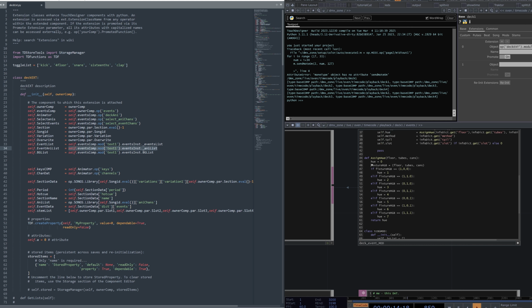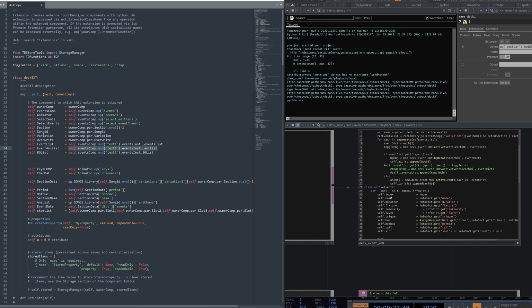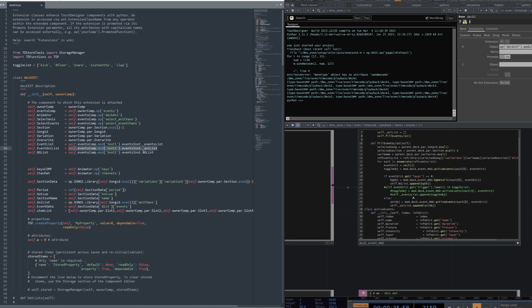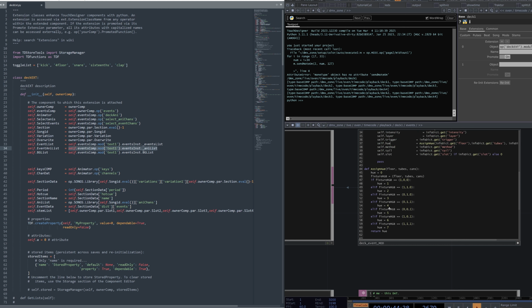I use the toggle values for floor, tubes, and cans, and then depending on the vec3 sequence here, I push out an integer value that I'm sending in one channel for the sample in an event chop. So although I'm taking these 3 dictionary values, I really only want to receive one integer value.